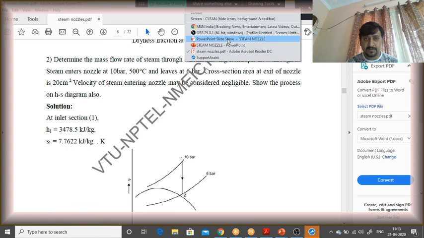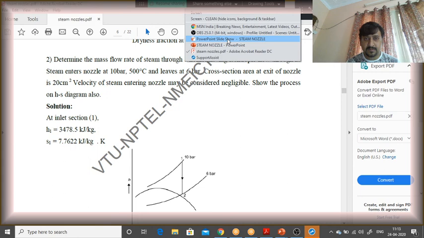For that, A2 they have given as 20 centimeter square. Convert this, so that becomes 20 into 10 raised to minus 4 meter square. C2, you just substitute H1 and H2, you will get the C2 value. How will you get the V2 value? There are specific volume lines also in the Mollier chart. Please check where this point is lying in between and take that approximate specific volume, substitute here and you will get the answer. That's as simple as that. So you will get the mass flow. Only within 3 steps I am completing this whole problem.